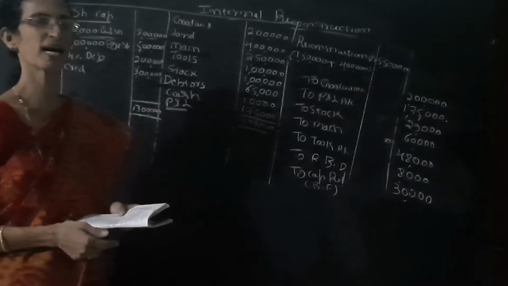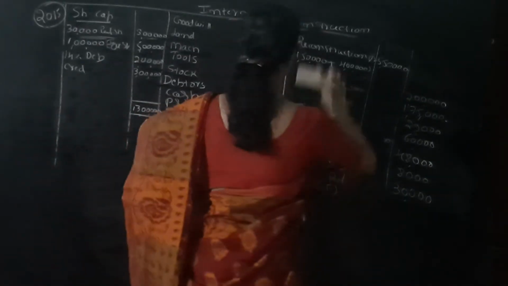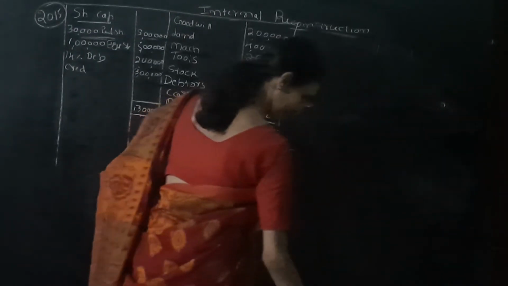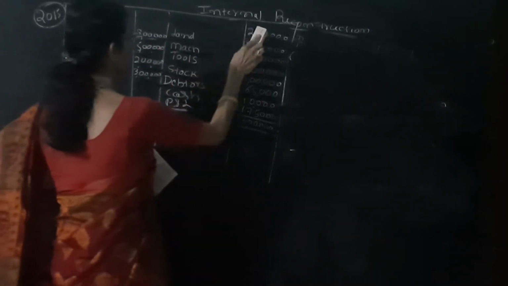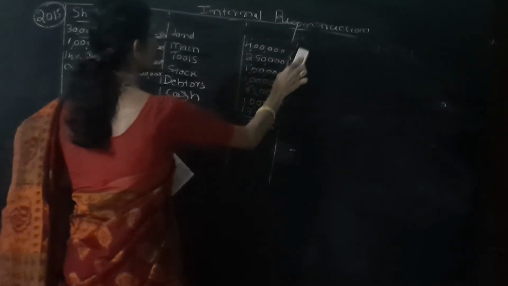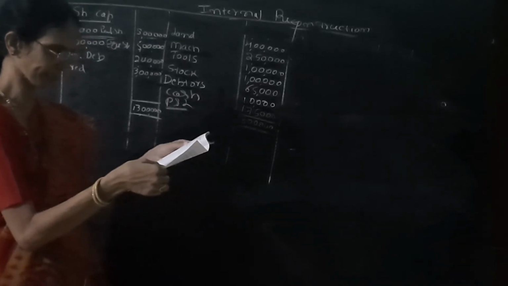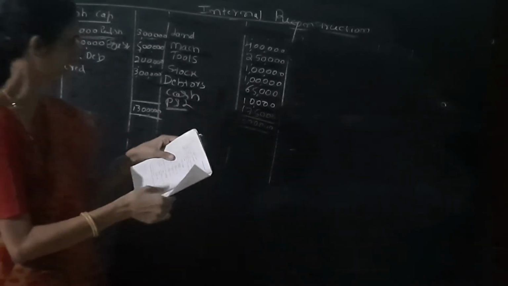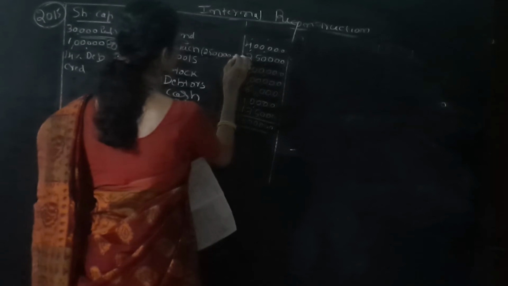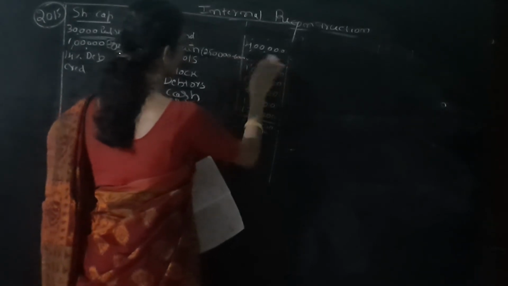Then it is given, prepare the balance sheet. Here only we can prepare. See, this is the balance sheet. So now goodwill is over. It is written off fully, so don't write goodwill. No changes in land account. Land is not changed, no reduction in land. Then next one is machinery. It is given machinery reduced by rupees 60,000. So within bracket 2,50,000, then it is reduced by 60,000. So deduct 60,000.